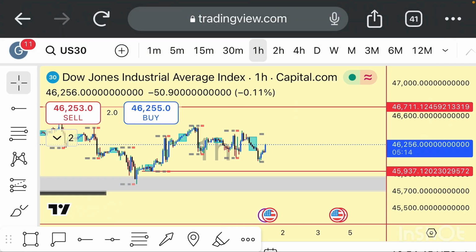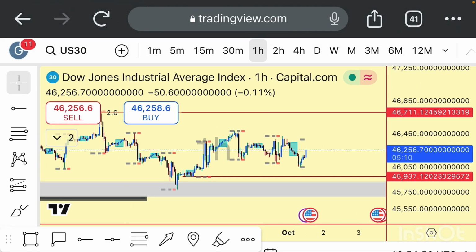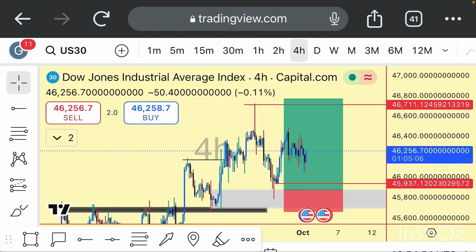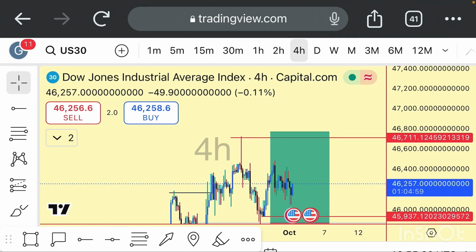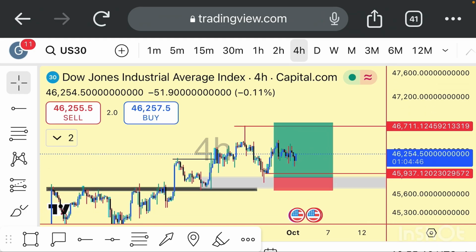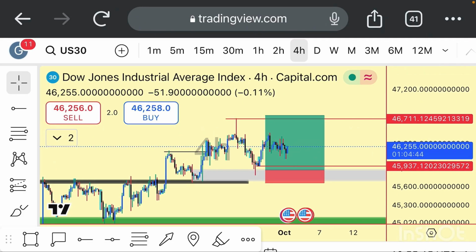I'm already keeping my pending order just a little bit below that Asian range low in 4 hours. Once it is grabbed, then we fire to the upside. And I'm also very bullish in my bias for the whole of this month, right? Even if I miss this opportunity in the future, I'm still going to be bullish in my bias, except the market shifts to the downside. But from what I'm seeing currently, USD is very much bullish for the month of October.